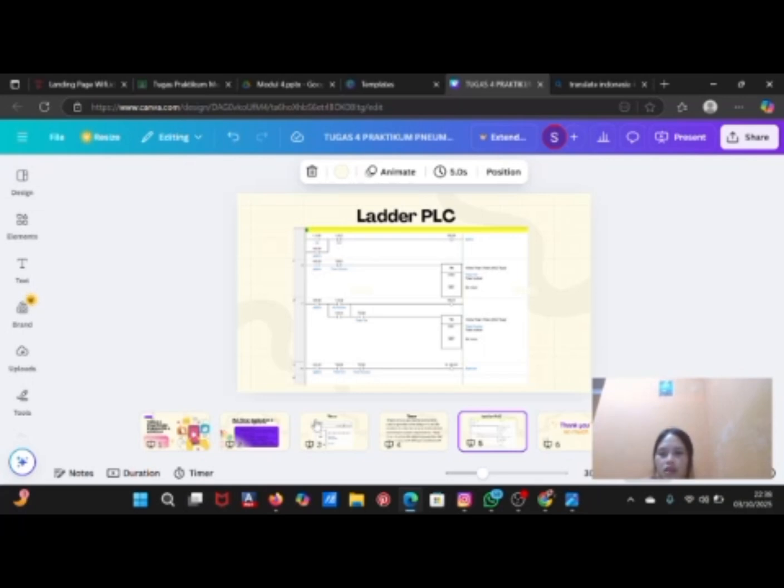Trainer board connection. The on and off push buttons are connected to the input terminals of the PLC, 0.00, 0.01, and 0.02. The output solenoid is connected to key 100 on the output terminal. The PLC CPU module in the trainer processes the ladder program, and after the timing sequence, the solenoid will activate.